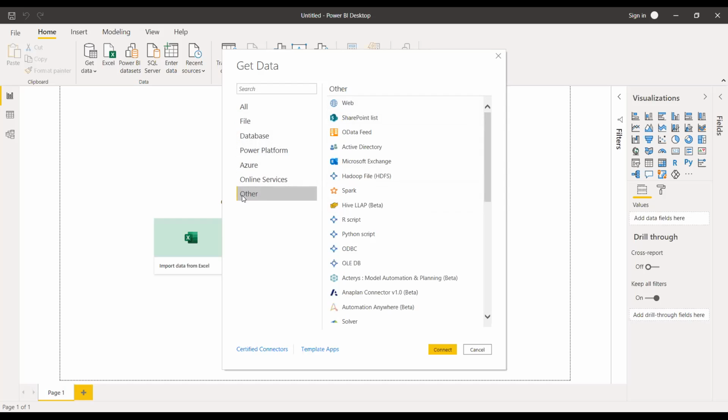Web. In the other segment, we have Web. So we have to extract the data from the web. Click Web.